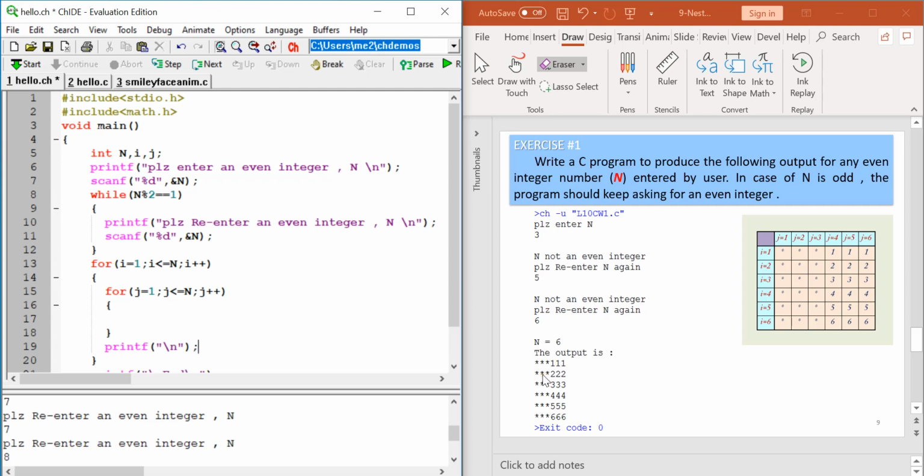So as you see, the columns are divided into two categories. The first one stars, the second one numbers. So if n equals 6, we are printing 3 stars, 3 numbers. If n equals 8, 4 stars, 4 numbers. That means we can say that if the j value is less than or equal to n divided by 2, and this is true, we are printing what? Printing the stars. So we will print f like this, just print 1 star,